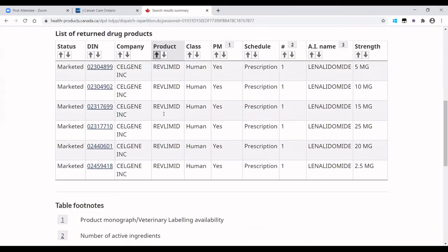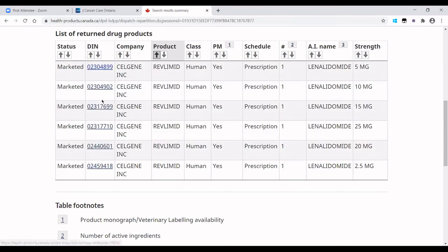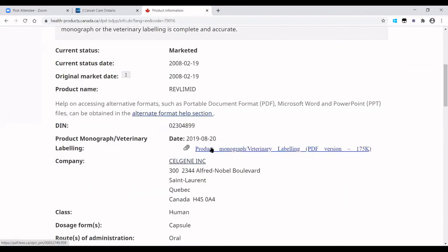And you'll find all the strengths of Revlimid that are approved for sale in Canada. If it says marketed, it means it's available most likely on the Canadian market. You've got the drug identification number, the manufacturer, and you would just click on one of these. And then the key document is this here, the product monograph. So once you open that,